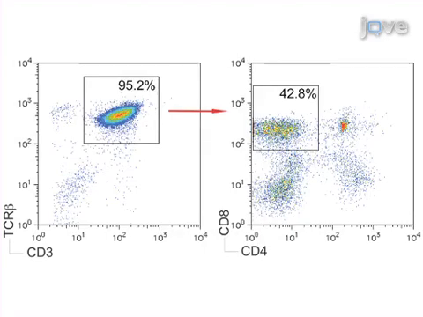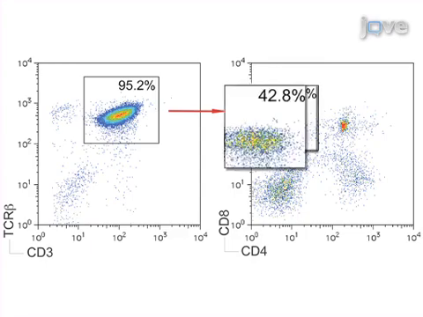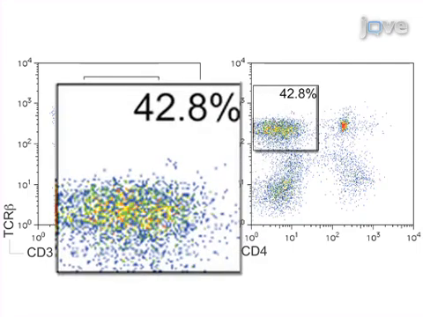To determine whether stimulation of iPS cells with the Notch ligand DL1 could contribute to T-cell differentiation, CD4 and CD8 cell surface expression on CD3-positive TCR-beta-positive iPS cell-derived cells was assessed. Note the dot plot on the right, which shows day 22 CD3-positive TCR-beta-positive, CD4-negative, CD8-positive, single-positive T cells generated from